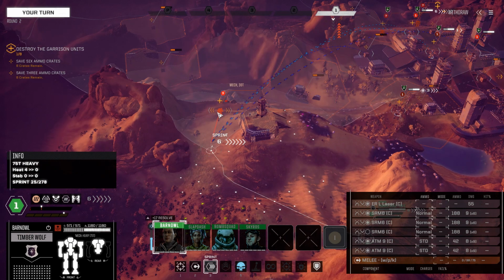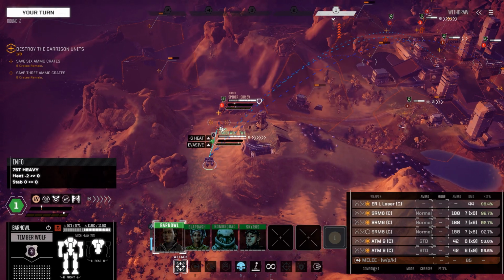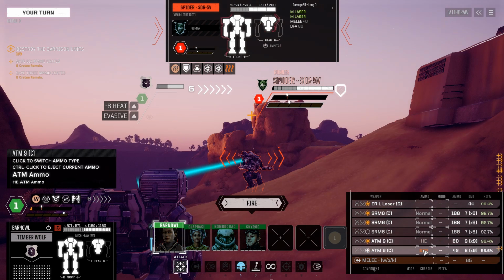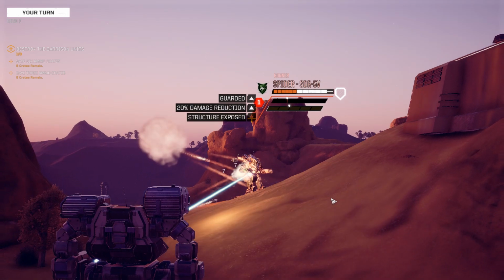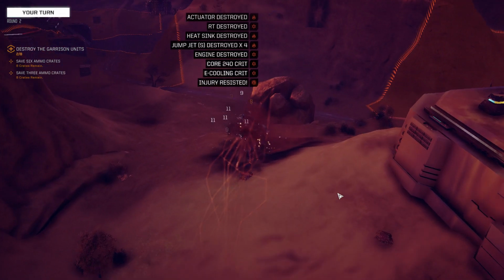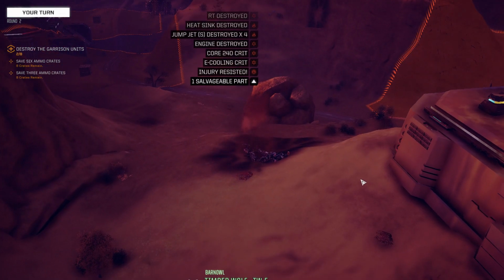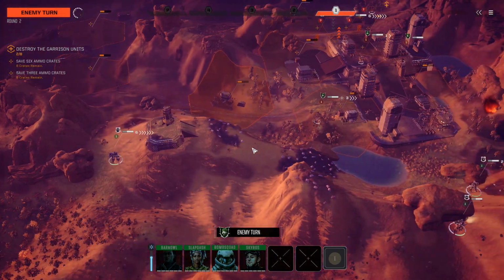But let's get the Timberwolf around, get him ready to start going after those escaping crates. Spider, well, should be more than overkill, but we have a lot of SRMs for a reason. Goodbye. Yeah, that's what I thought. Oh man, I love just listening to those missile volleys. It's wonderful. A little bit of light damage on the Nova, but I think we're completely outclassing the garrison here,